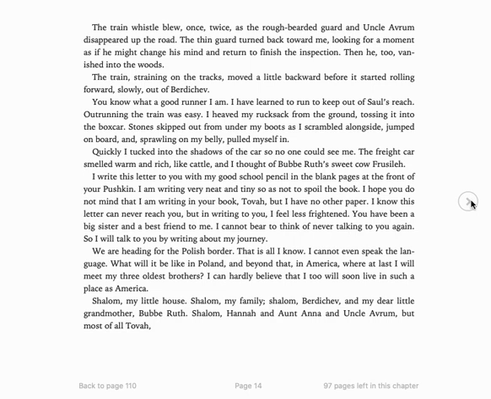Shalom to my little house. Shalom to my family. Shalom, Berdichev, and my dear little grandmother, Bobe Ruth. Shalom, Hannah, and Aunt Anna, and Uncle Avram, but most of all, Tova. Shalom to you,